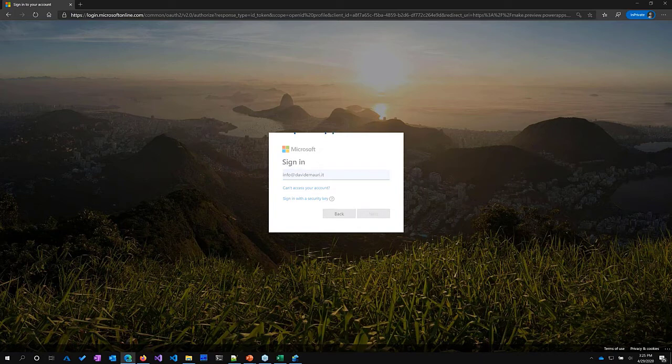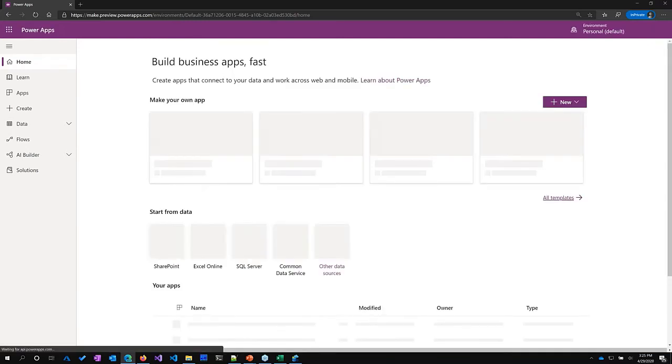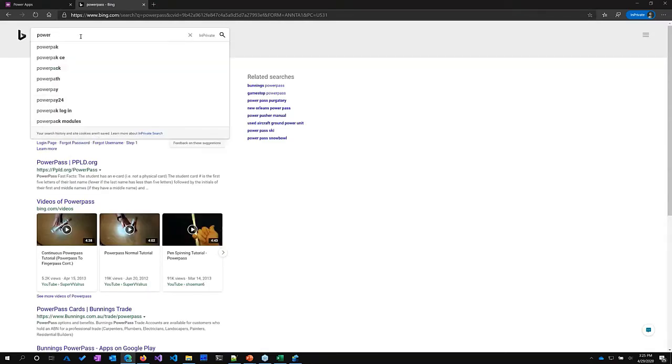Next. Also, Power Apps is something you can start to use for free, or if you work for a company, it's very likely that it's already included in a Microsoft 365 subscription. It was called Office 365 subscription before, but also here, if you look for Power Apps,